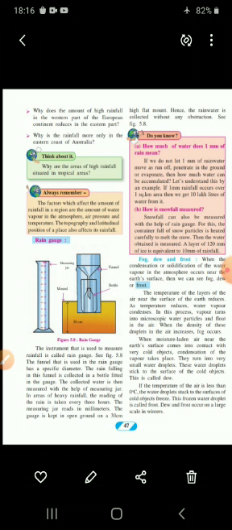Let us understand this by an example. If 1 mm rainfall occurs over 1 square kilometer area, then we get 10 lakh liters of water from it. Understood? So likewise this is calculated according to 1 square kilometer and 1 mm rainfall, which is equal to 10 lakh liters of water.